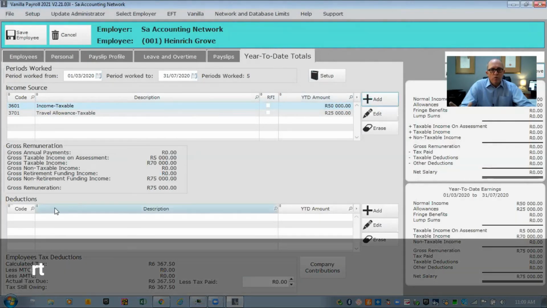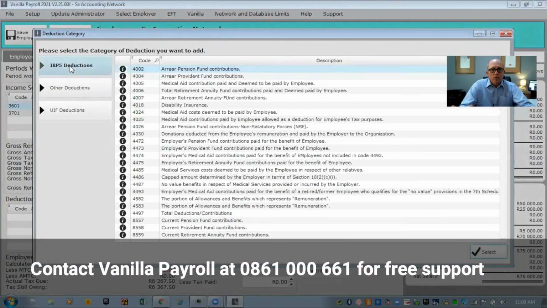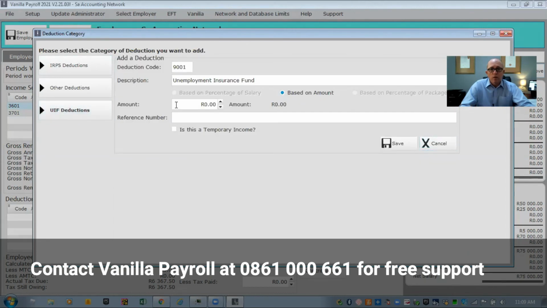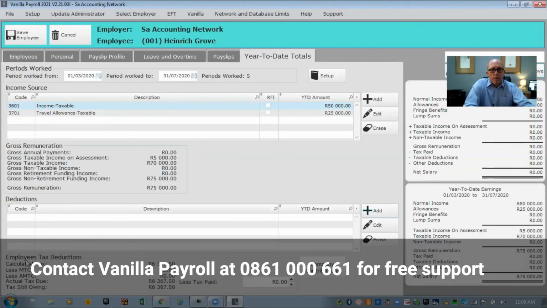If there was other contributions, you can see on the deductions, you can add over here now to say that RA deductions, here you can put in whether there was medical aid contributions, all that type of stuff over here. Here's his UIF contributions. So if he did contribute to UIF during the previous 5 months, you'll put in all those totals in here from your previous payroll package. But just the important thing over here, I'm going to just close the screen, is this little button at the bottom. You can see that if somebody worked for 5 months and he earned 75,000 Rand, including his travel allowance, then you can see over here, it says calculated tax,